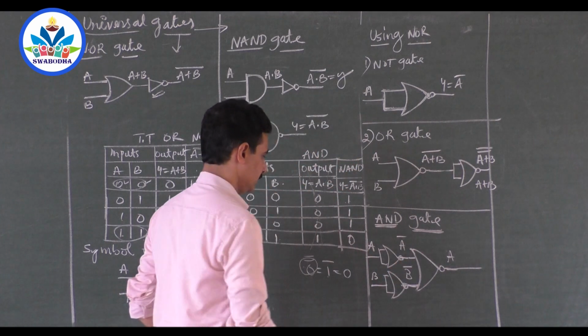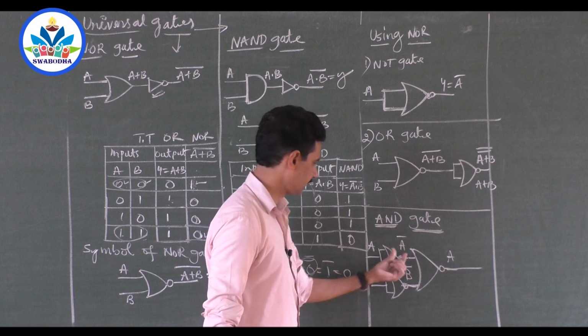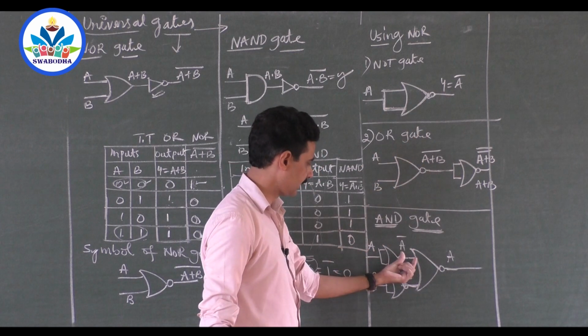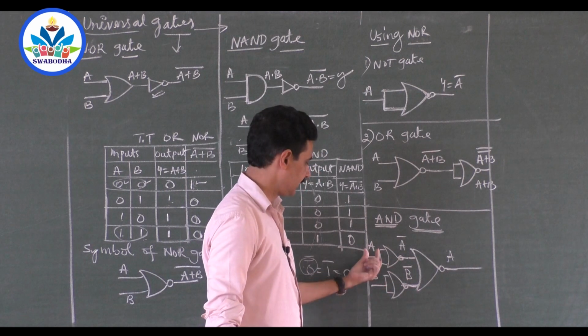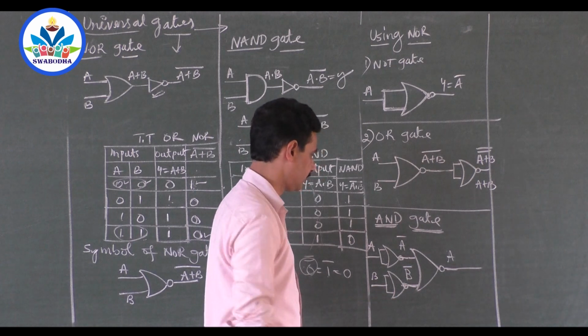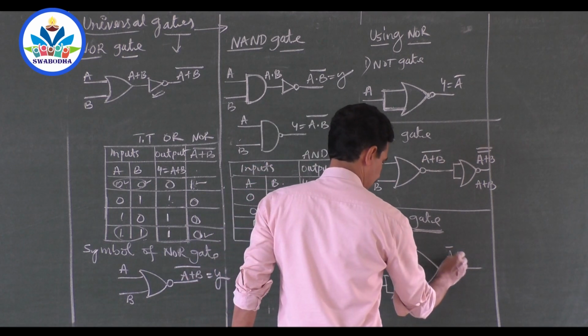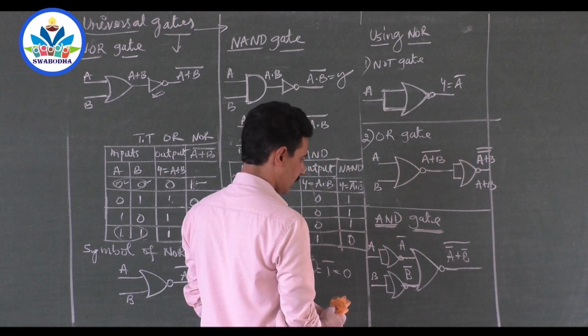Of course, if you want to prove this, I have to go for another theorem. This is a NOT gate, one NOT gate. You see, how can you construct a NOT gate using NOR gate? One NOT gate to the input, another NOT gate to the input, but both NOT gates constructed using NOR gate. A bar, B bar. What will you have here? It is A bar plus B bar whole bar. So isn't it? Right, it is a NOR gate, yes.